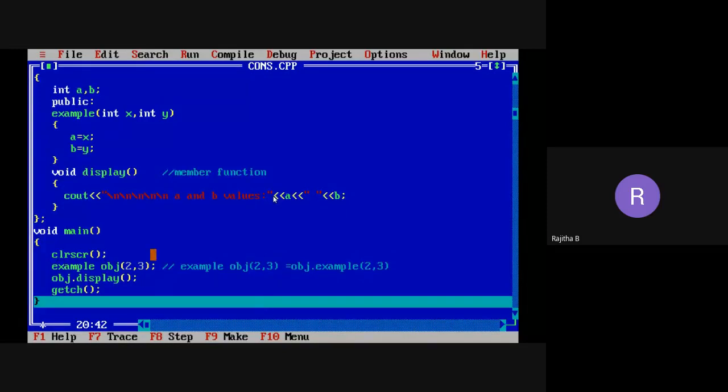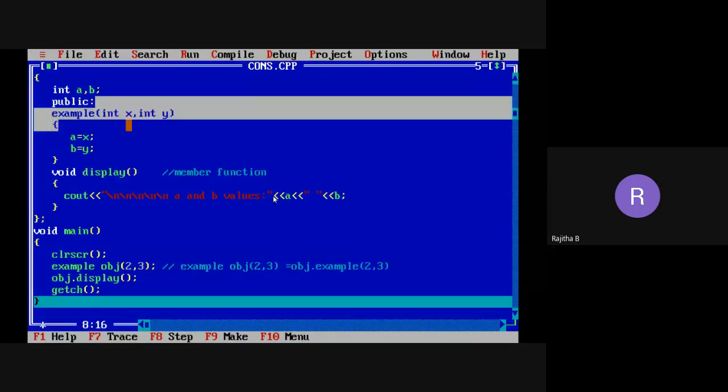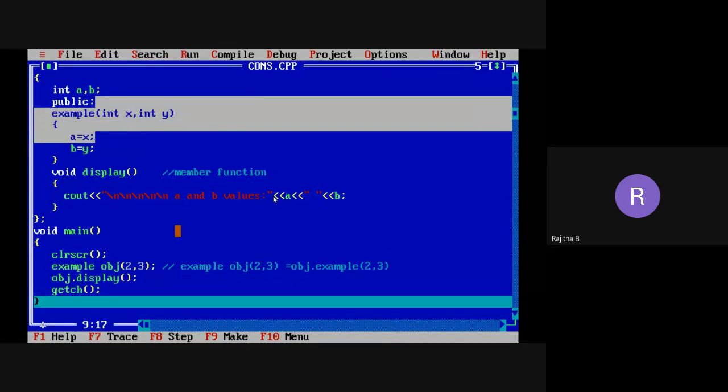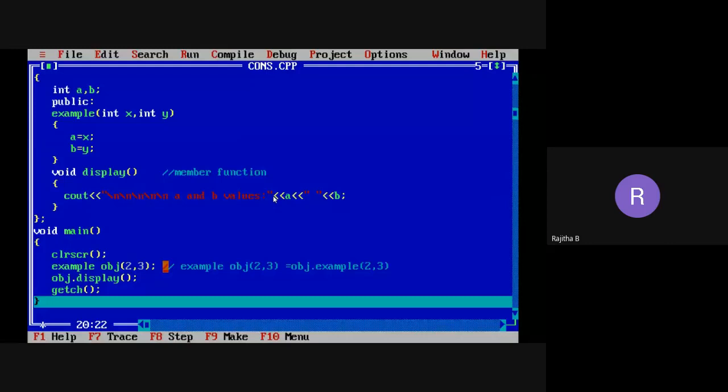So when you create the statement like this, the compiler automatically converts it into that particular statement, and this constructor definition will be executed. Okay, now is this clear, everyone? Yes, ma'am. Yeah, good.